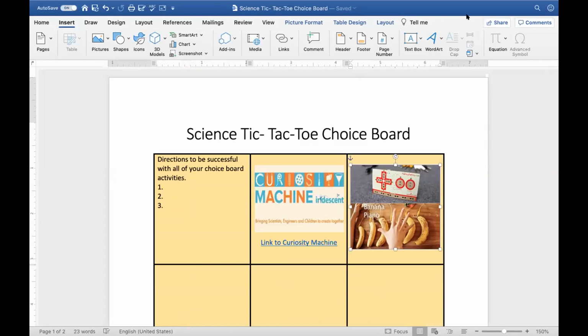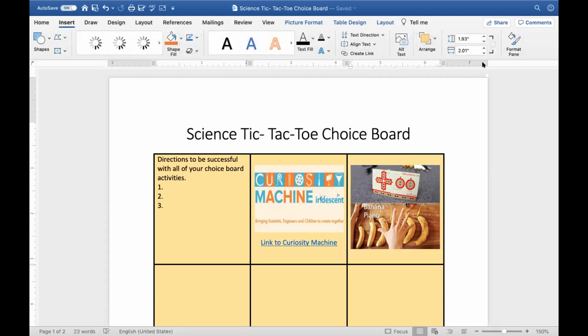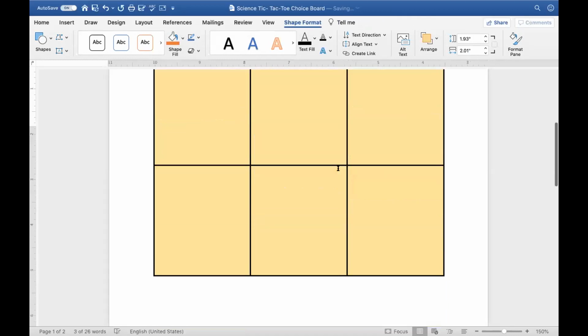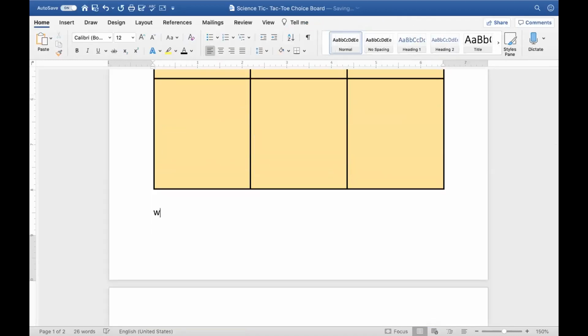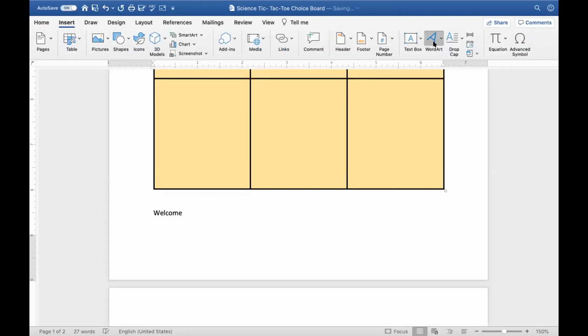Now, the other tools that we have that you could pretty up your choice board, please remember, if you want to customize this, you've got your header and footer from your top formatting bar as well too that we have here. I can insert page numbers. I can even insert WordArt. And WordArt basically will pretty up your design. And WordArt also will allow for me to create something dynamic. So what I can do, even if I put my WordArt down here, I can say, welcome. So you can see how the text looks down here, right? But if I insert WordArt and I choose WordArt instead,